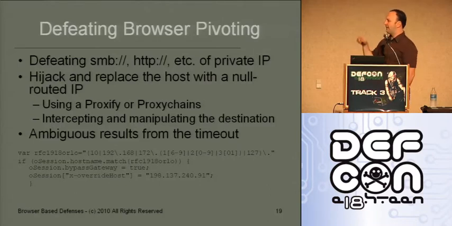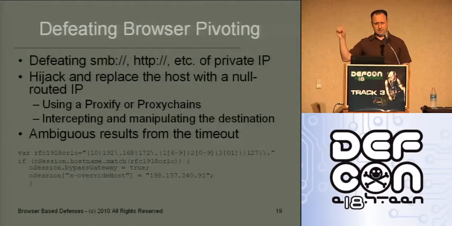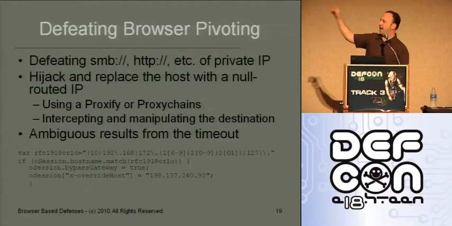All right, an example here that I have is actually a little code snippet from the project, from the X06D inside of JScript. We match on RFC 1918 private IP addresses or the loopback start, and if that's there, we override it. But we don't just deny it, we send it somewhere. We send it to a null-routed IP. This is actually the one that Code Red used to denial of service the